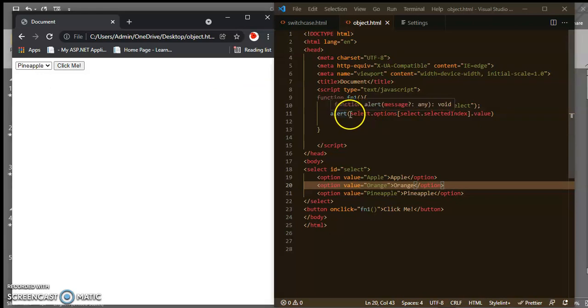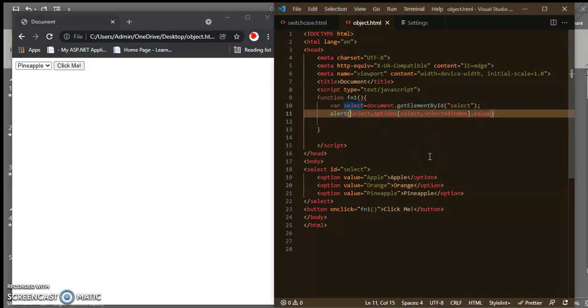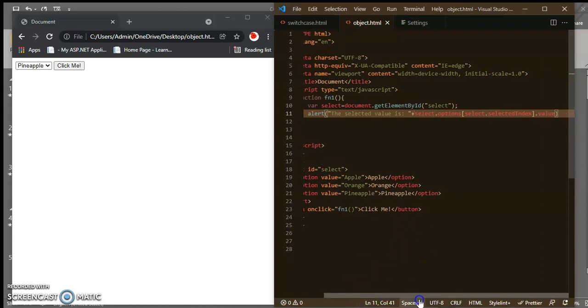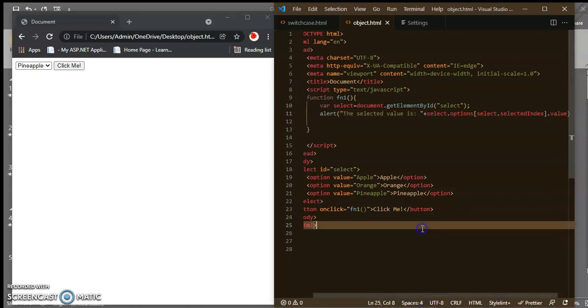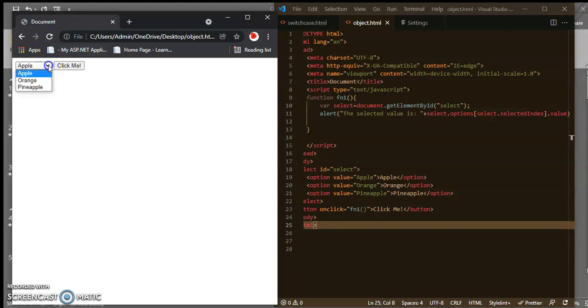And if you want to pass a message, you will write here "The selected value is" plus this one. Control S, refresh, select pineapple, click me.